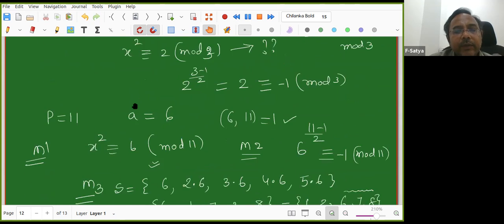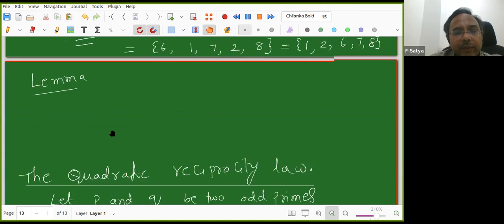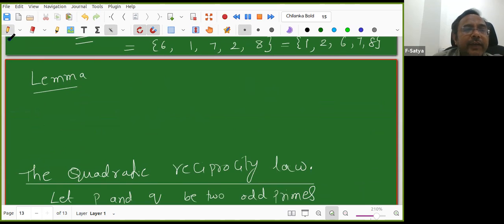But in between, to give a simple proof for this quadratic reciprocity law, Eisenstein, the student of Gauss, gave another result. By using it, the proof becomes simple. Many proofs are there, but by using this lemma, the proof becomes simple. What does this lemma say? Let P be an odd prime.